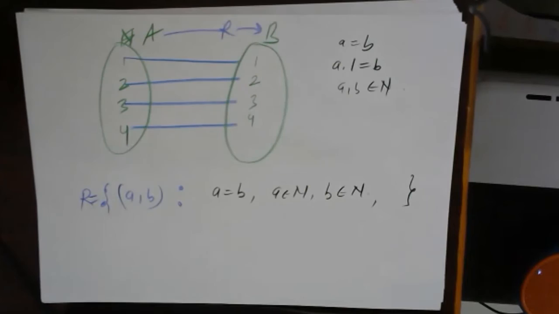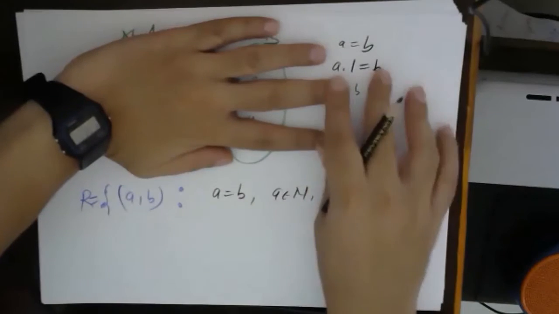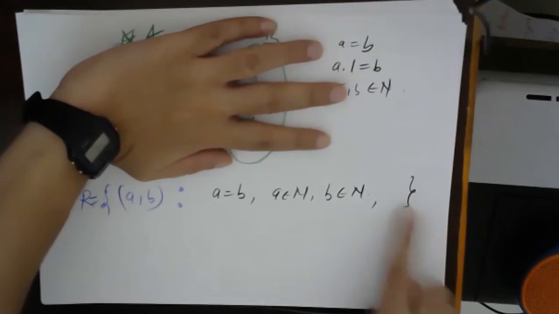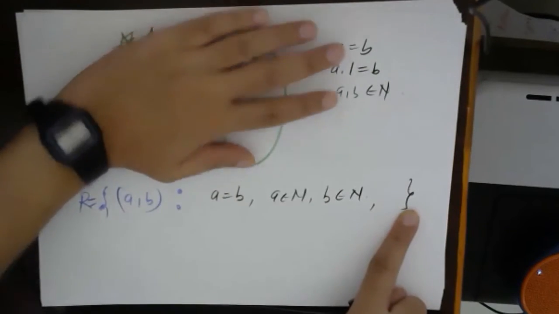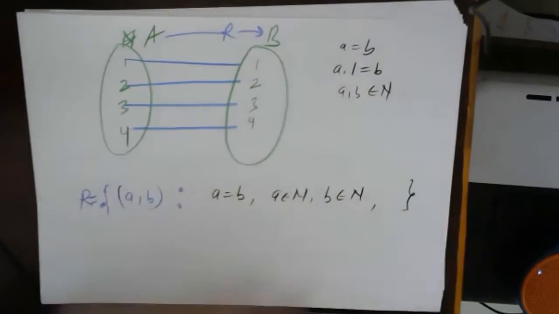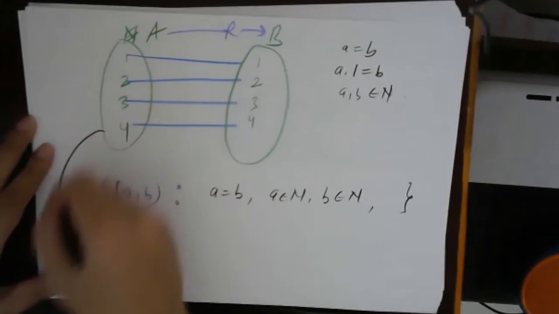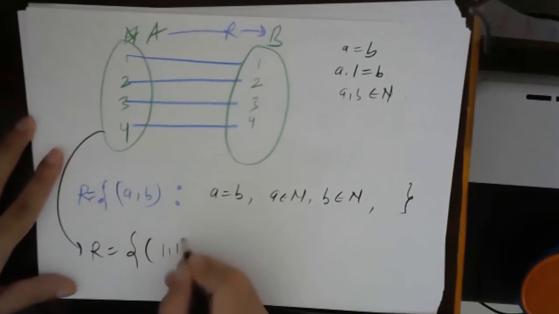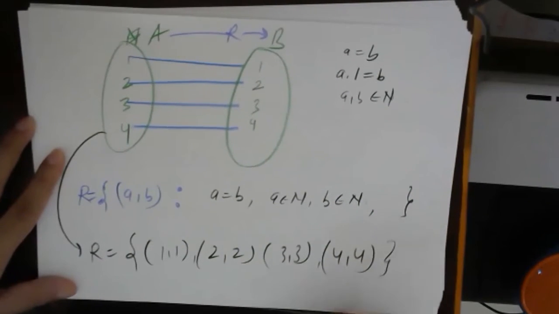Okay. Now what I want you to do is write the elements of this set. Forget about this part. Write the elements of this relation, at least the first few elements, without considering this part, and see what the difference is. You will get something different. Yes, correct. If I write the relation, it will contain the elements (1,1), (2,2), (3,3), and (4,4). Very good, right?